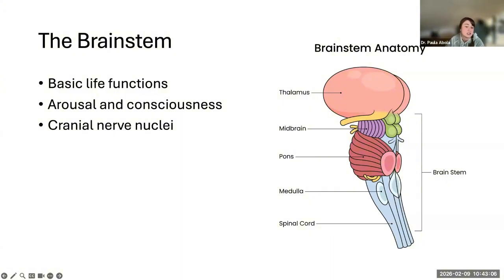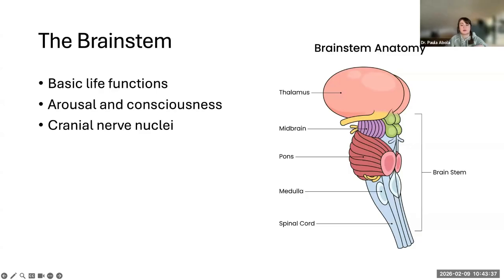So you've probably heard that when there are injuries, a lot of times it happens from sports. I have heard a lot of people who get this type of damage from skiing. It might result in a coma or a vegetative state, or eventually, of course, death. So this is why damage to the brainstem is often life-threatening, because even small lesions can disrupt these essential